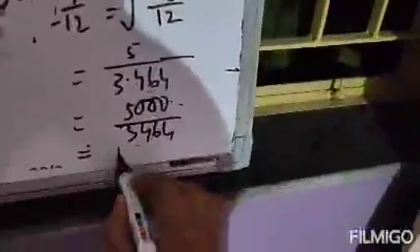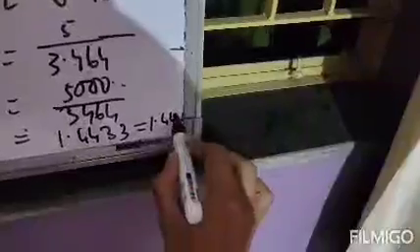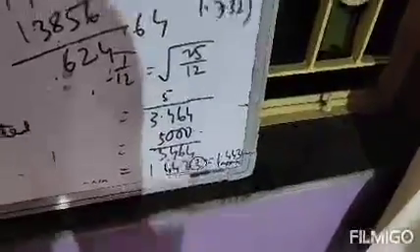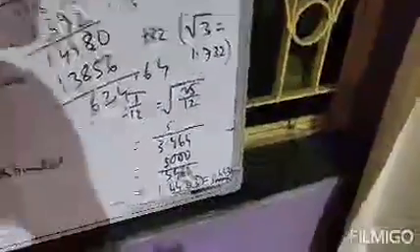So 624, therefore it is 1.4433. Clear? 1.4433. So you will write here 1.4433 and it is approximate as 1.443. You will write approx over here. Clear? Because we will take only 3 digits and this is 3, that means this is less than 5. Less than 5 means the number will be just like 1.443. No need to add 1 with this 3, because this 3 does not exceed 5. Clear? The approximation is 1.443. This is your answer. Clear?